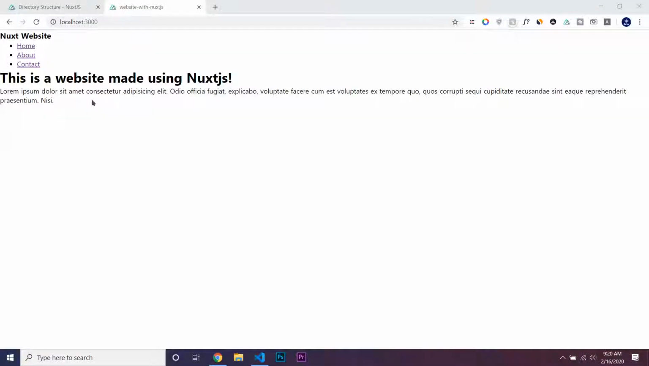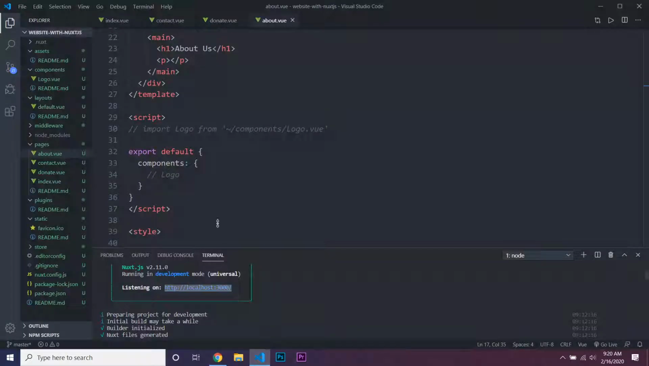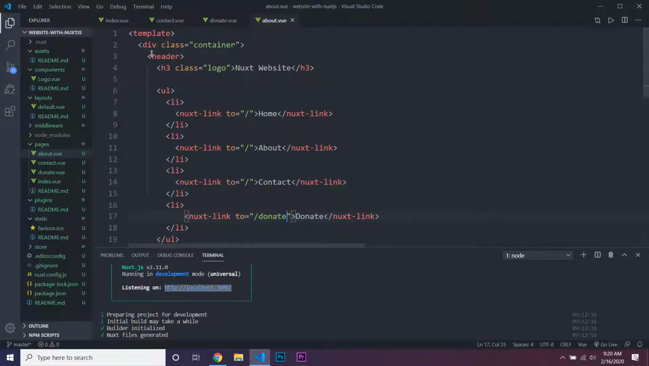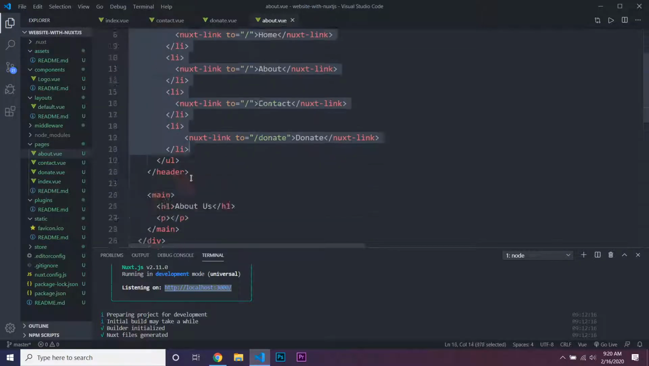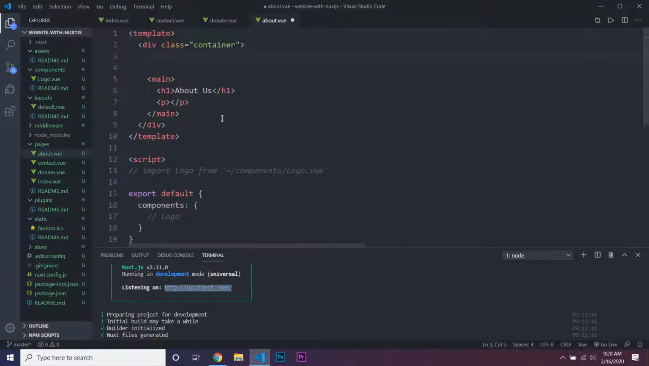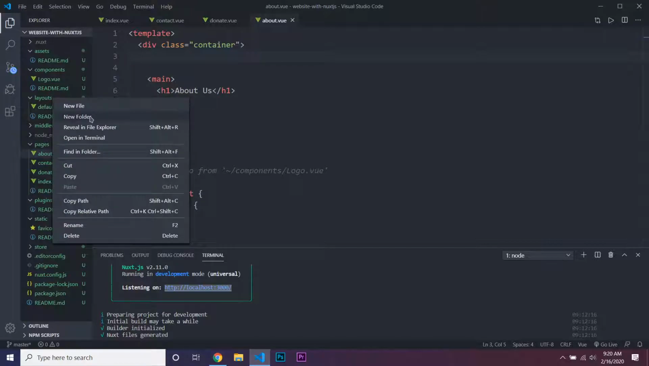So we can see the website that we made from our previous lecture right here with all this terrible styling, and the website looks terrible. So now we're going to be learning how to add in a nav bar into our layout. So before we were just adding this header into every single page. What we can actually do is cut out this header code, and then in our layouts we can create a